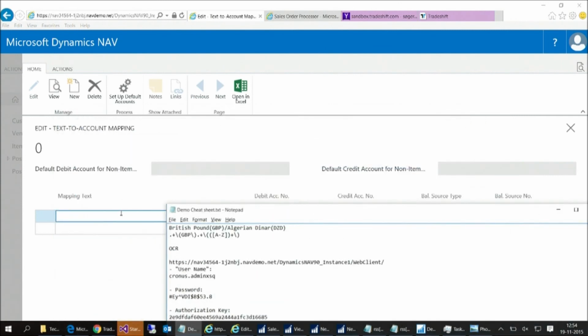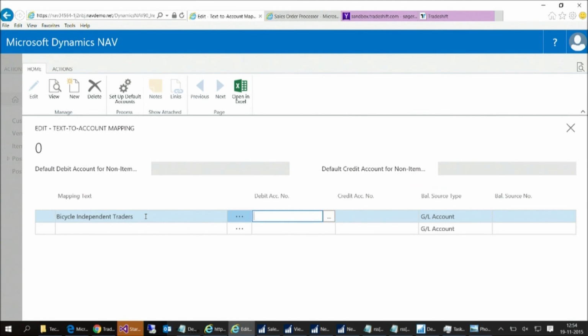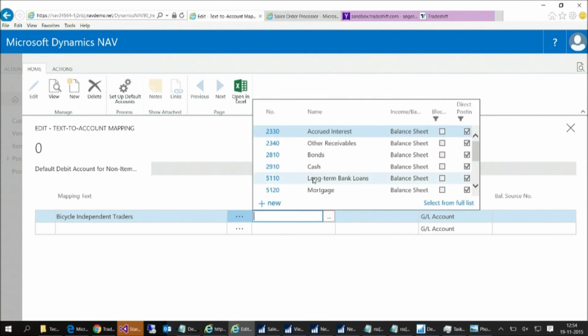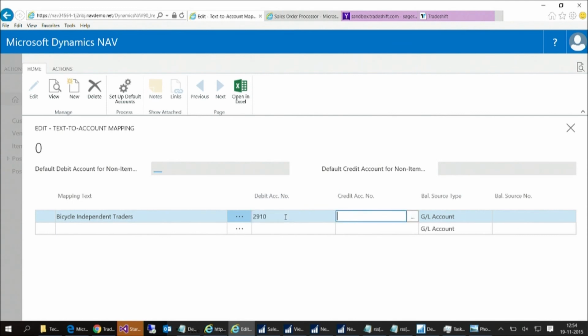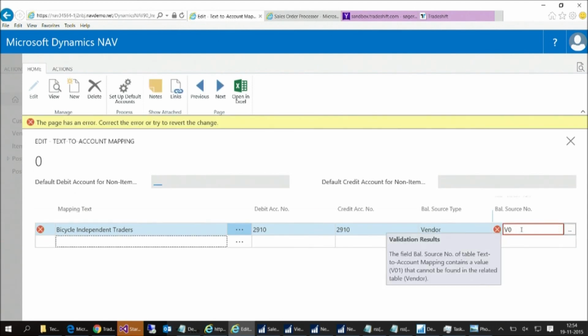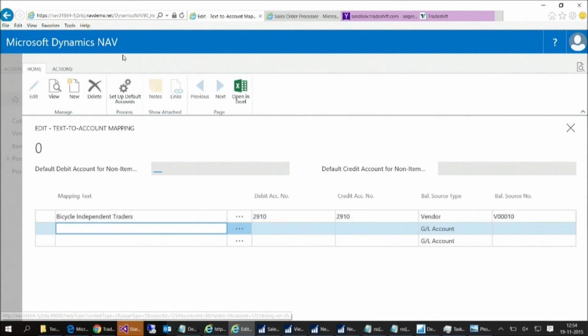vendor name here and type in the debit account number. Let's say it's this one, for example, and the credit one, and our balancing source type is a vendor, and it is his account. Yep. So if I close this one